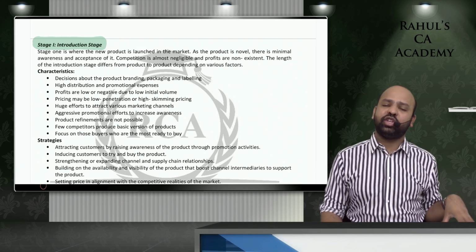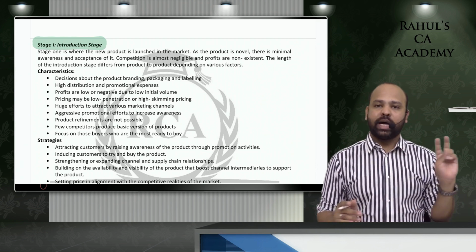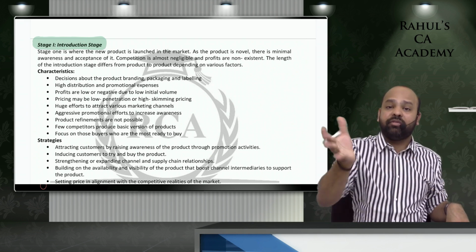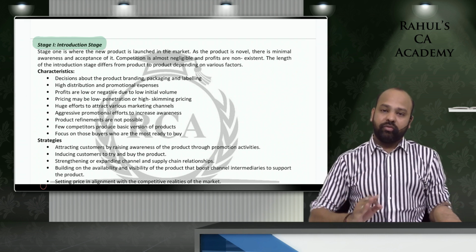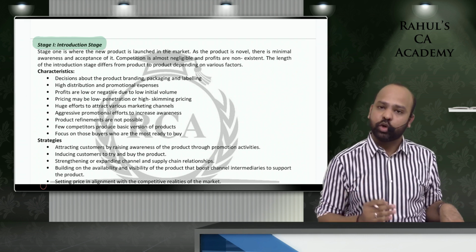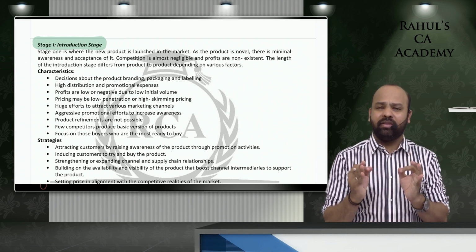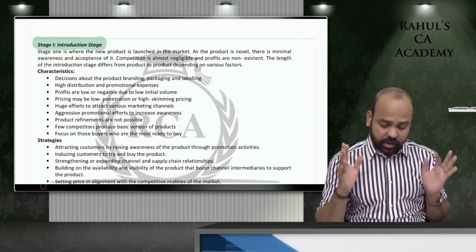In the examination, once it was given as 2 characteristics, 1 strategy, jumbled. 2 characteristics, 1 strategy of every stage, and he simply said identify which comes under what, for 12 marks. The first question in the examination was this compulsory question. Very easy if you know the meaning of all of these, if you understand the concept. You will surely score 12 on 12 if such a question comes in the examination.